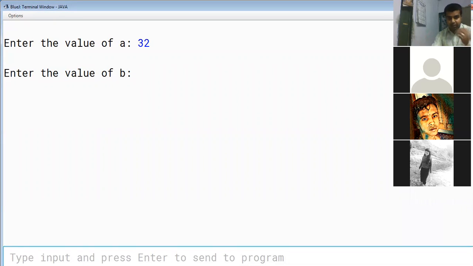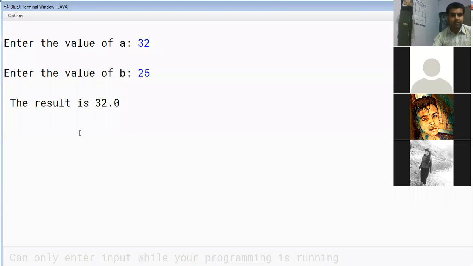Now if I take a smaller value of B, let's say 25, because it is the double data type, what is the result obtained? 32.0. So if you take the integer value also, the implicit conversion has been performed by the compiler at the back end, and that is why your result is not 32, it is 32.0.